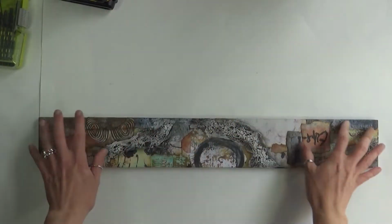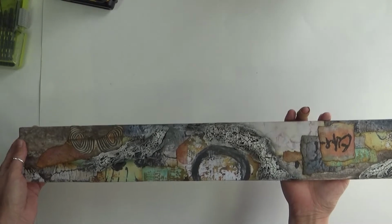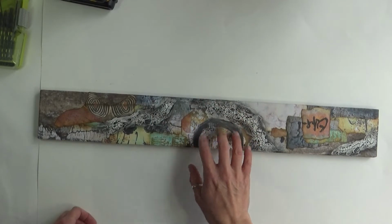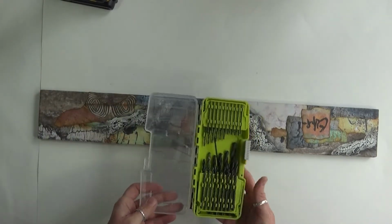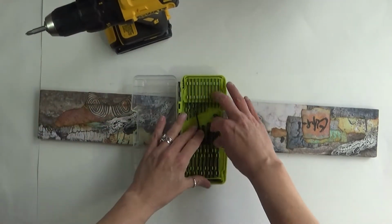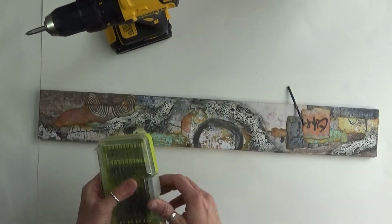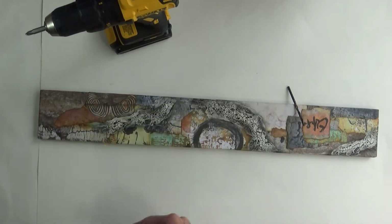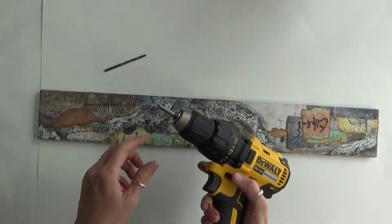Okay, so here's what all this looks like, all prepped and ready to go for the next few steps. What you're going to want to do, you can skip this step, but I think it adds everything to this piece. So I've got my DeWalt here and some drill bits, and I want the holes pretty big. Okay, I'm going to go with that size because